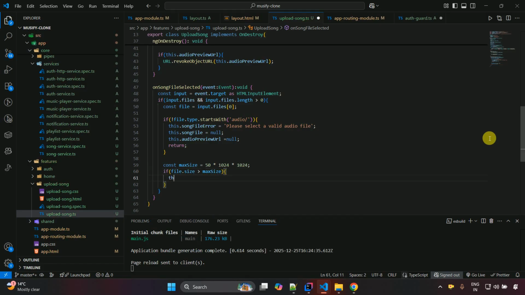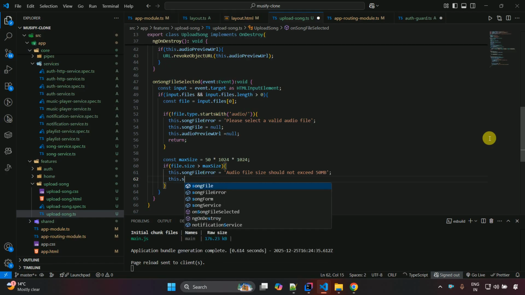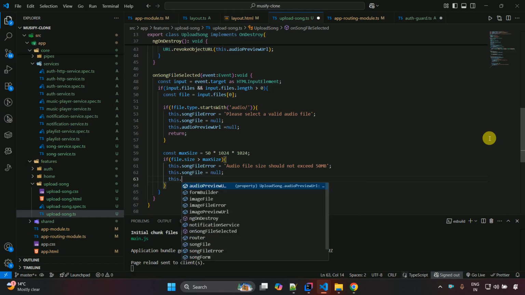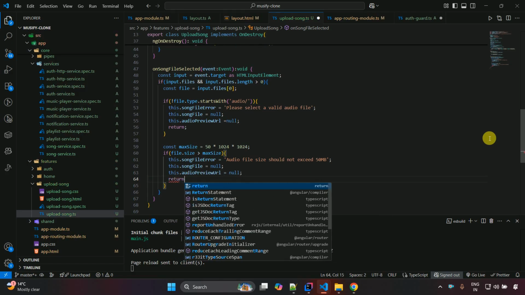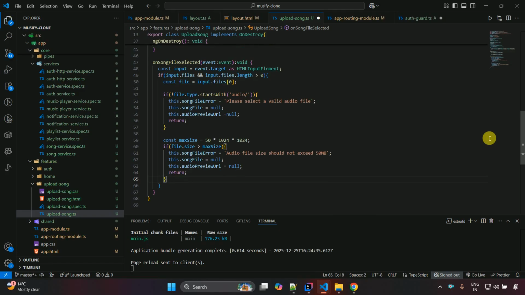and this dot song file error is equals to audio file size should not exceed 50 MB. Okay, so this is the message we want to show to the user whenever it exceeds the 50 MB file. This dot song file is equals to null, and this dot audio preview file is set to null, and return. And outside of this if condition, if